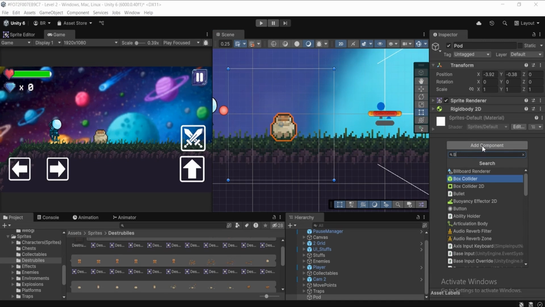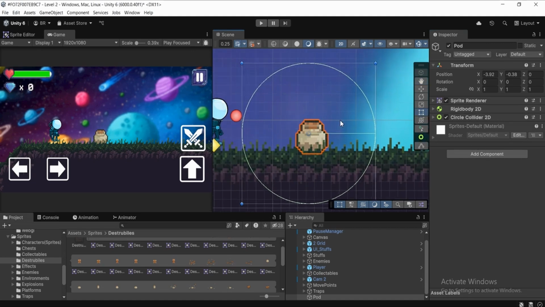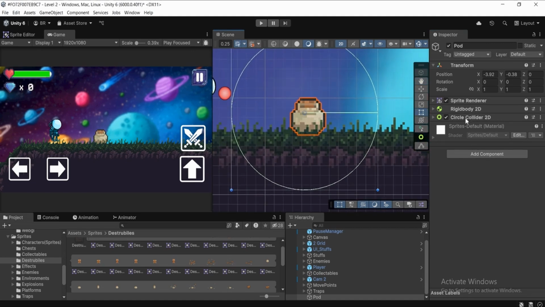So we can do box collider 2D, and we can also do circle collider 2D. Make sure you choose a collider 2D that fits the sprite perfectly. I think circle collider 2D is going to be fine, so I'm going to attach it. Let's find that and click on it in order to attach. And we need to adjust the radius of this collider 2D